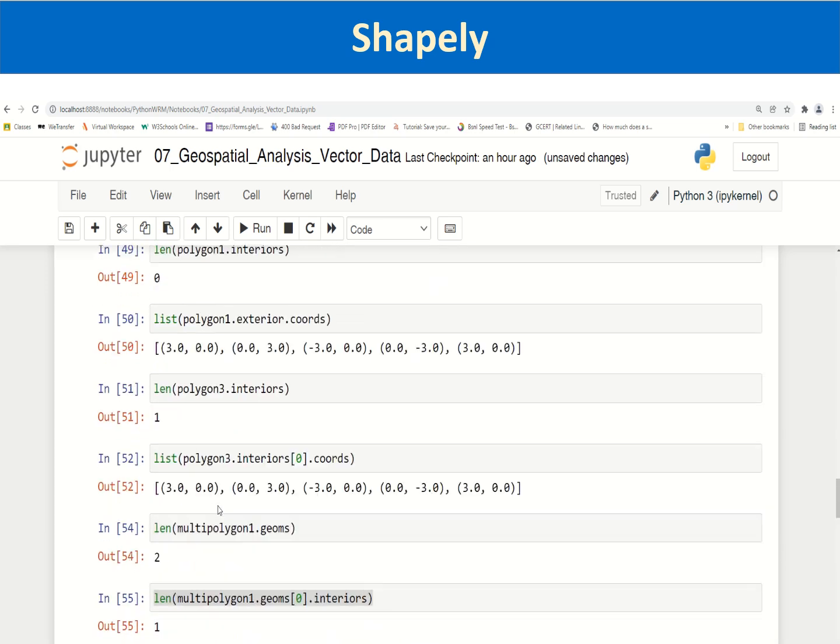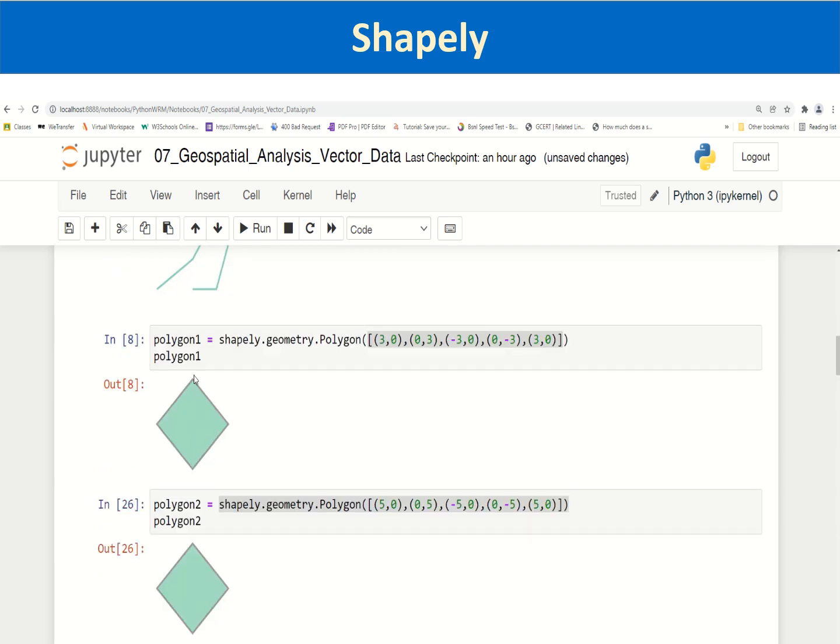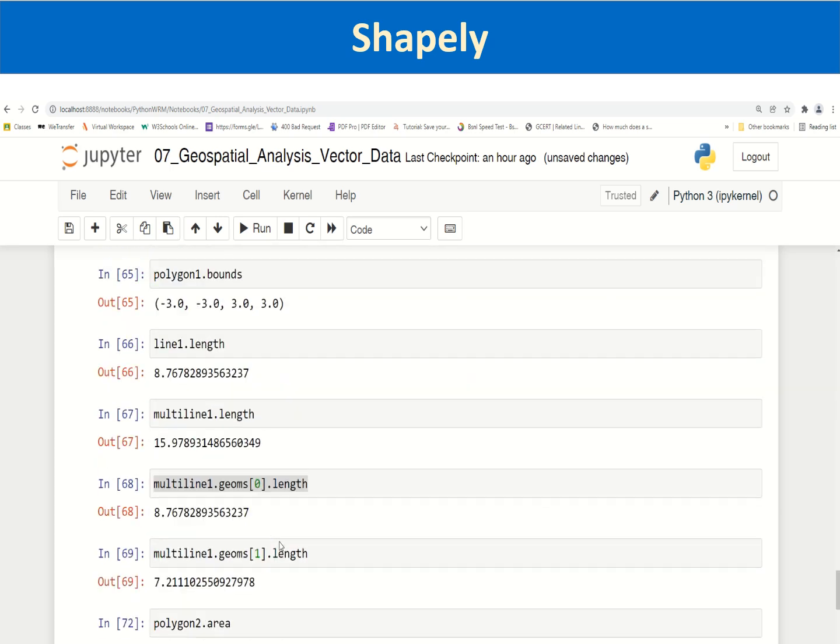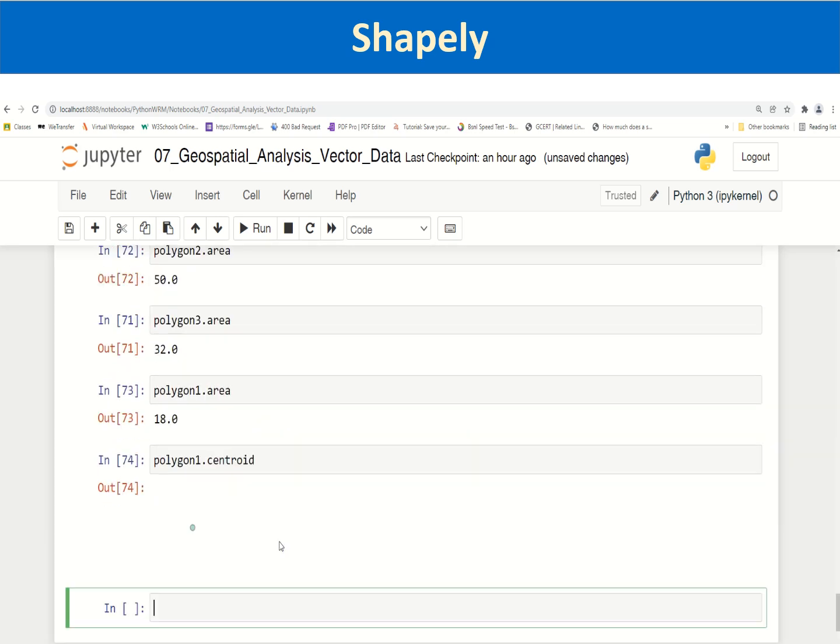So since polygon 1 is defined with coordinates on the x-axis and y-axis on either side, the centroid should be 0, 0. We can check it. I think you have to list it out. The centroid operation creates a geometry,